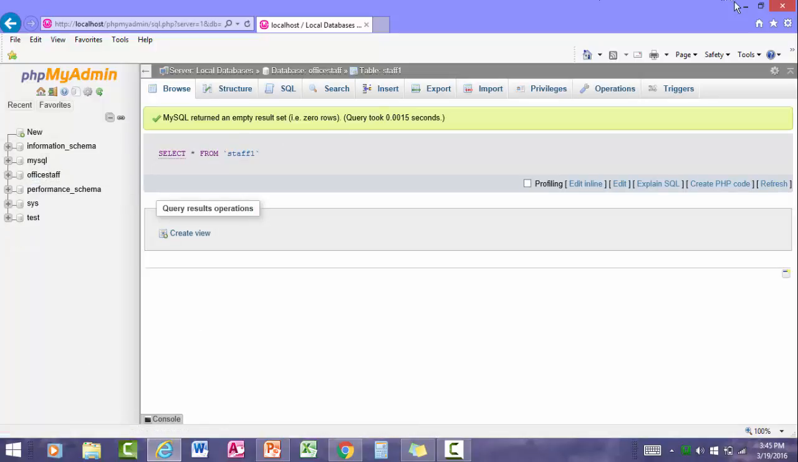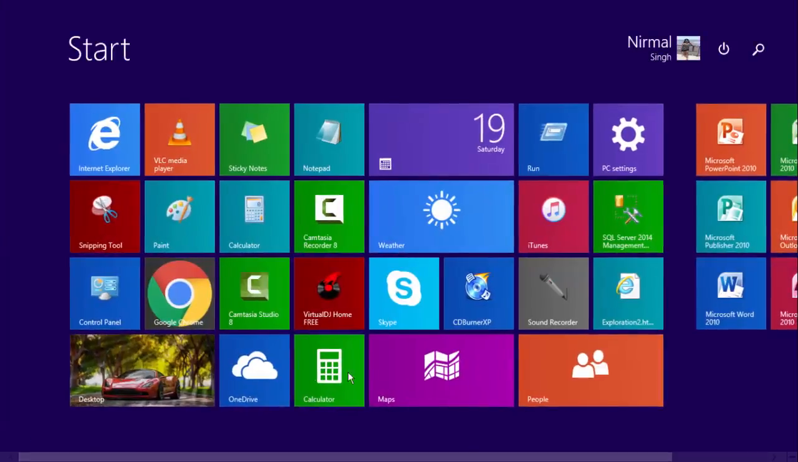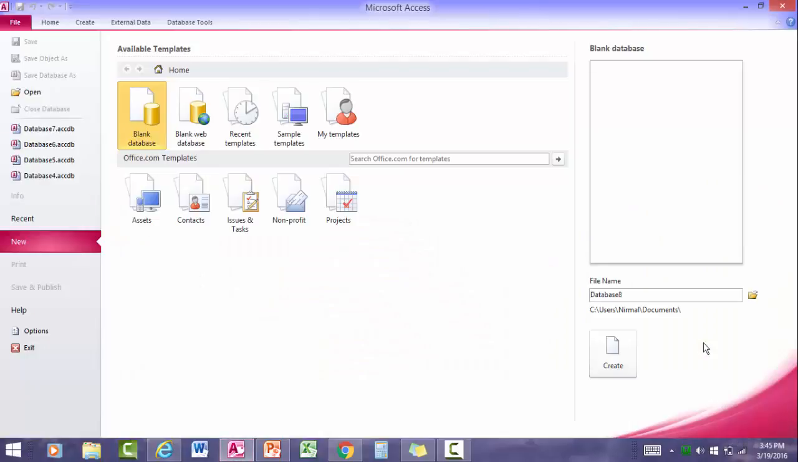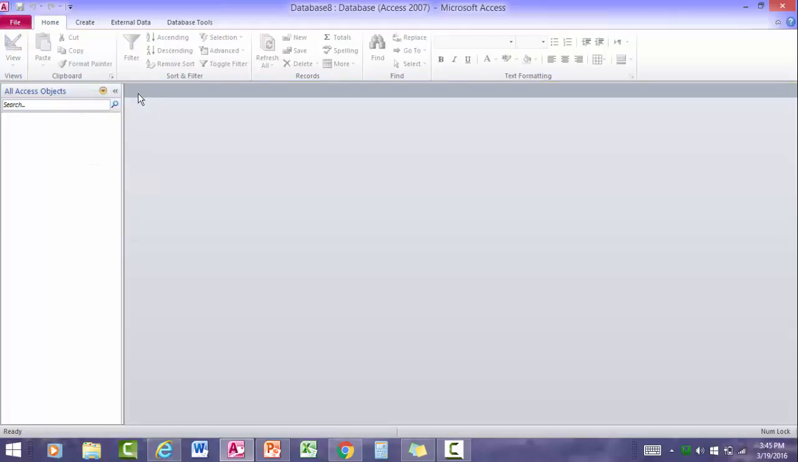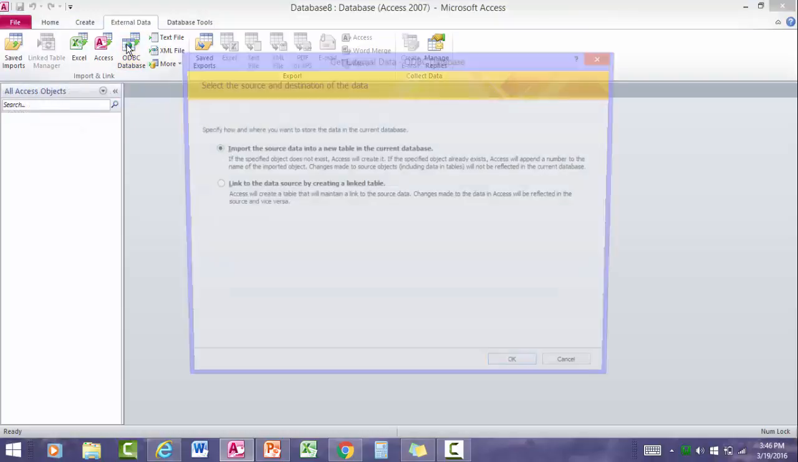Having done this, we will minimize the screen, and we are now going to run Microsoft Access as an administrator. To do this, we right click and run as administrator. For the sake of this tutorial, I'm going to create a new database. We can change the name of this, or we can leave it as the default, database 8. So I'll create. I'm going to close off the open database right now, and I'm going to select external data,